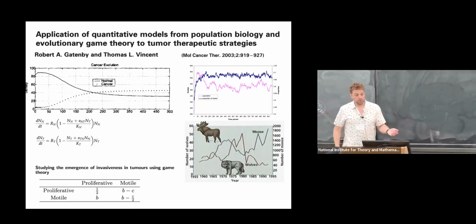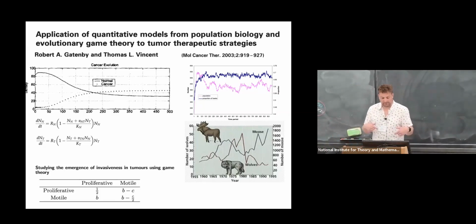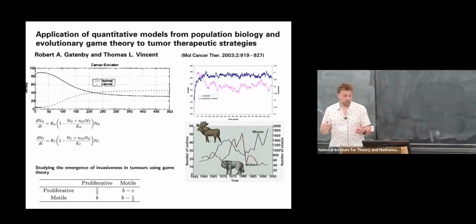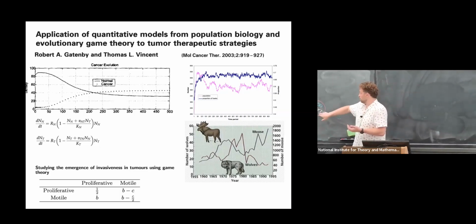But then as we're moving forward, what we're thinking about in the bottom left, this is actually a paper from a friend of mine called David Basanta, whose picture will show up next. It was really the first time he moved into this scenario. So can we look at two different types? And in this case, in the bottom left, you see a payoff matrix, which I don't want to belabor, but if you don't know what that is, it's a matrix of parameters that you shove into a series of dynamical equations that I'll show you in a minute, but I don't want to focus on. But this is really the first time he moved toward the idea that you could model the internal civilization of the tumor itself rather than the host.